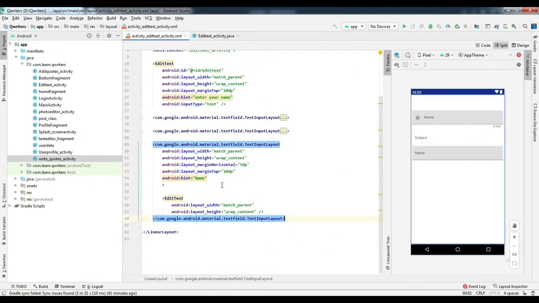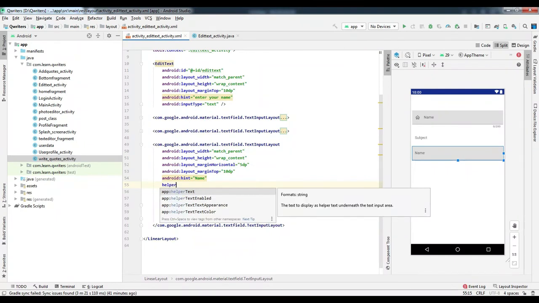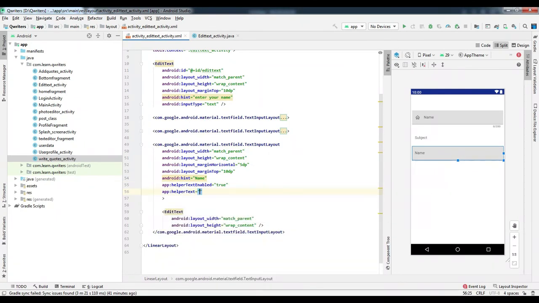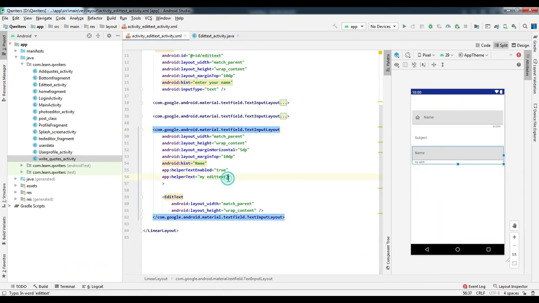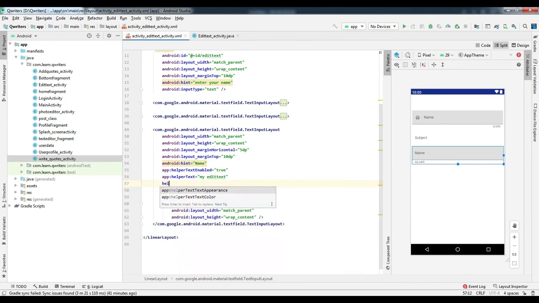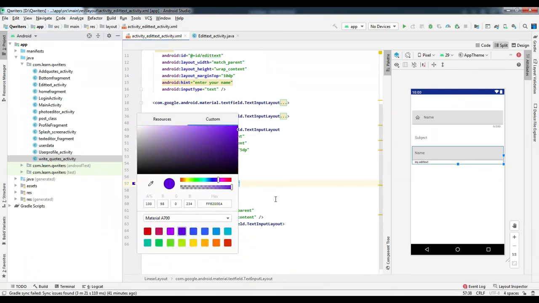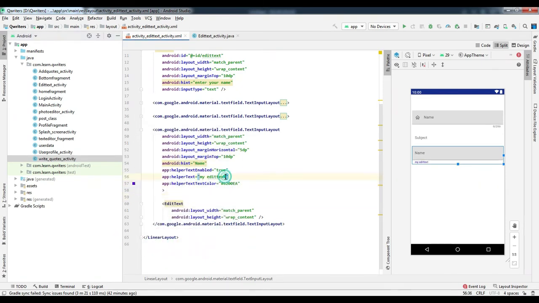Copy the one edit text, and to that we'll specify the helper text. So three different edit texts. Specify helperTextEnabled true, and specify some text that will be shown at the bottom of the edit text. You can see here the helper text is shown at the bottom of the edit text. You can specify the text color also, helperTextTextColor. So you can change the text color. If I write a hash color and specify a custom color, you can see the helper text color is changed.